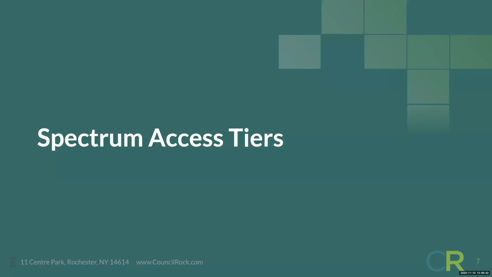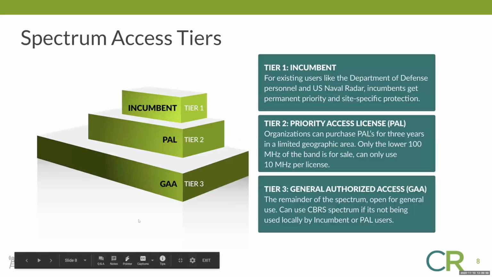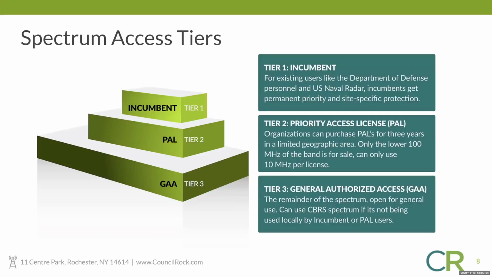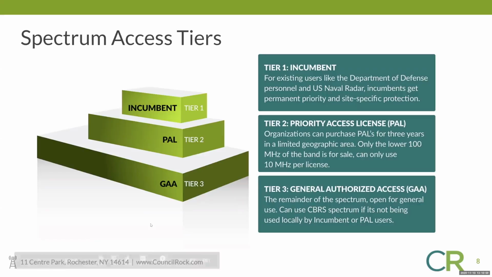So let's talk a little bit about the spectrum access tiers. The spectrum access tiers are what is referred to as Tier 1, Tier 2, and Tier 3. Tier 1, they are the incumbents. They have protection from everybody else to use the spectrum. Those are existing users like the Department of Defense or the US Naval Radar, and some existing users of the old 3650 megahertz